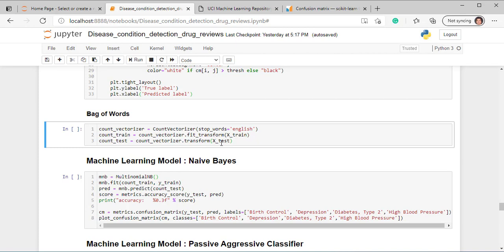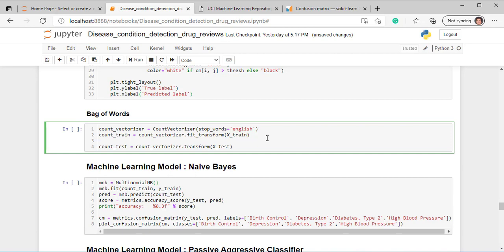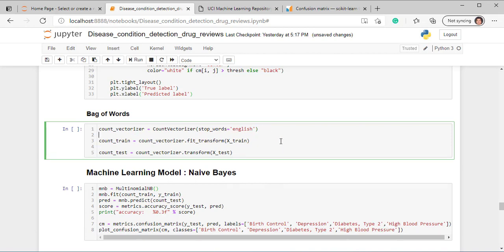X test. The very important part that you have to understand is that while doing any scaling, while fitting the model and all, in the training set you have to perform fit underscore transform, while in the test set you have to perform just dot transform, because most of the time what happens is we mistakenly do fit underscore transform on both the training set and test set. That is the wrong